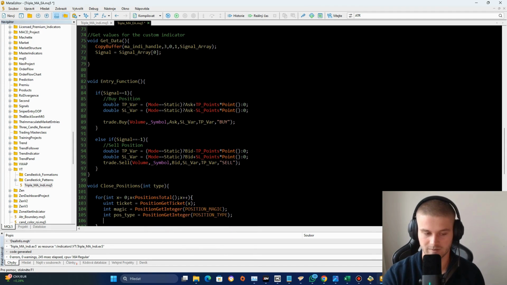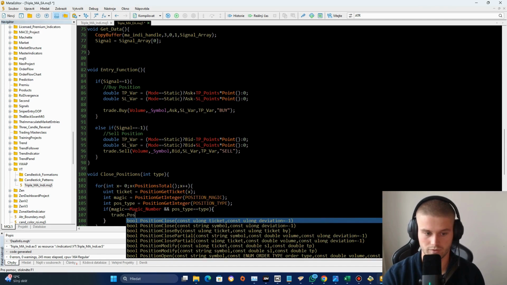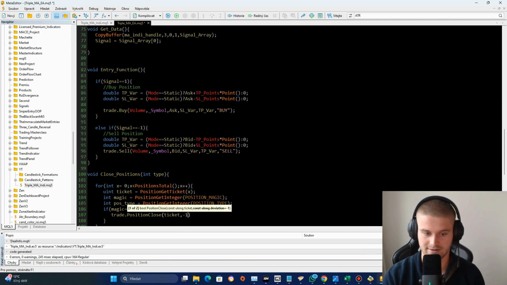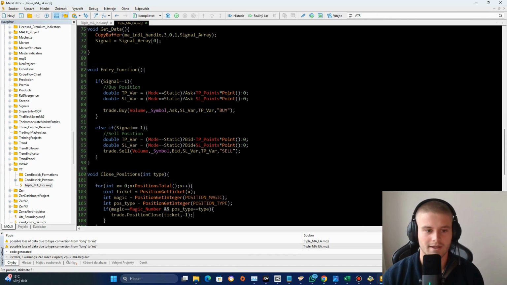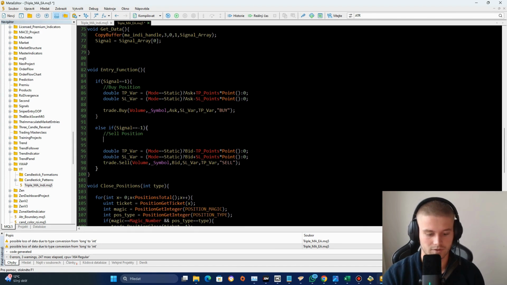And now a very simple if statement. So if the magic is equal to the magic number, so this is our first condition, and position type is equal to type, then we want to position close with a ticket and -1. And that's all we need. So let's call it here. So close position for type 0. So type 0 is type buy position, and here